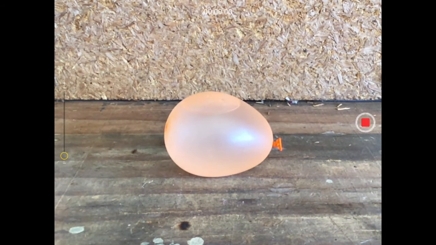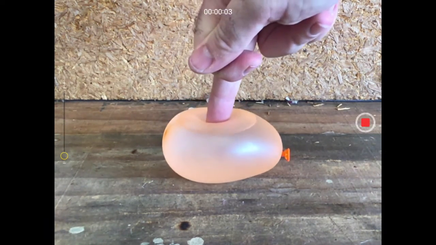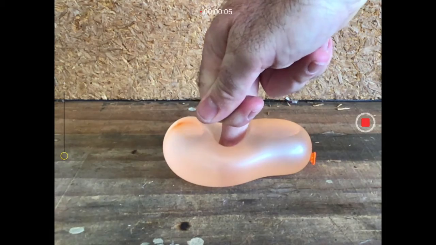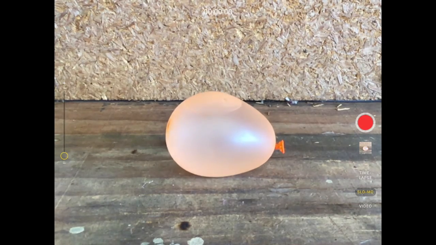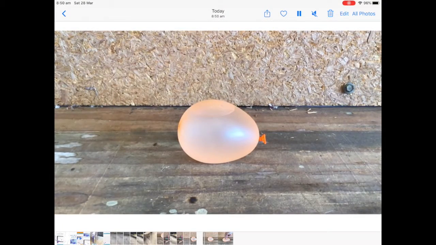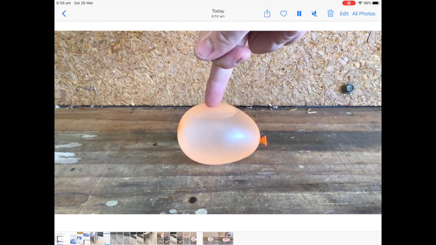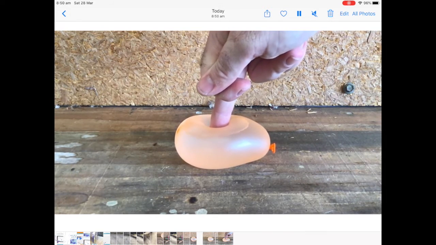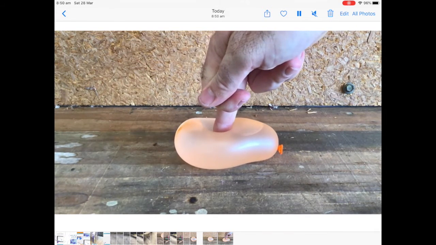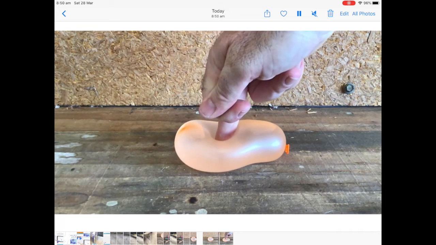So it's like you're making a movie and it's just doing it very slow. So that's the kind of normal speed that I'd have. So I've just recorded that in slow-mo in normal speed. But when I play it back, you can actually see that everything slows down. See how my finger's going down really slowly? And you can start to see all the things that you wouldn't normally see with normal recording or photos, which